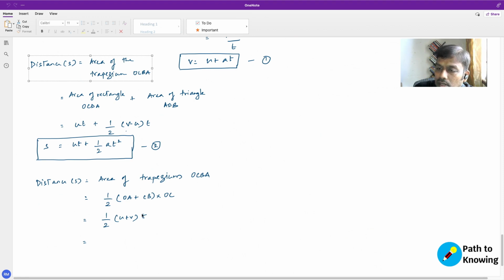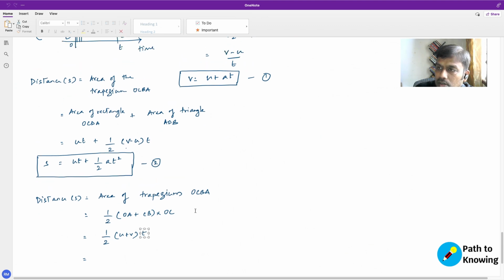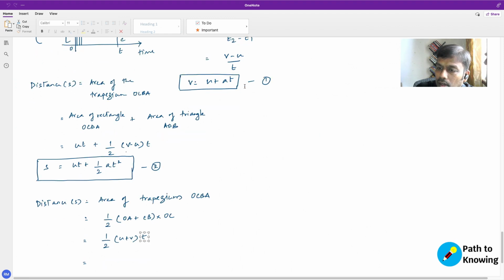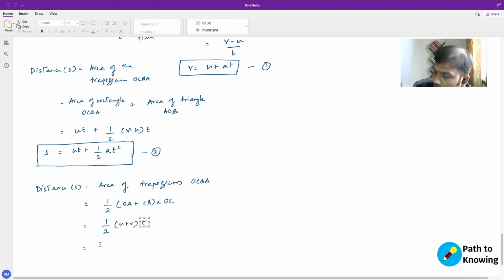So we know that the value of T can be replaced from the first equation. If you bring T to this side, it becomes T is equal to V minus U over A, right? Which means that this equation can be rewritten as half of U plus V times V minus U over A,